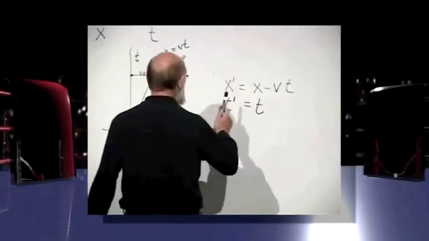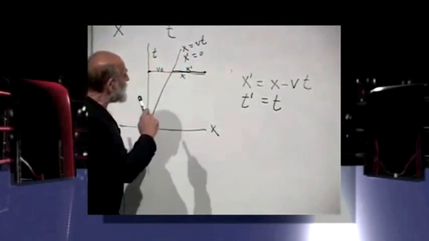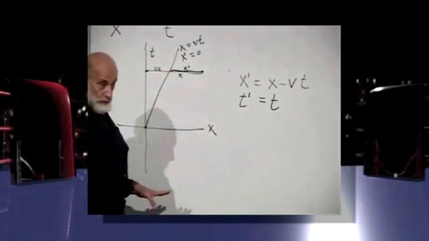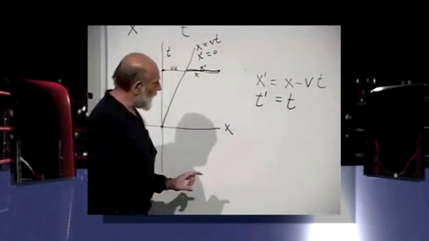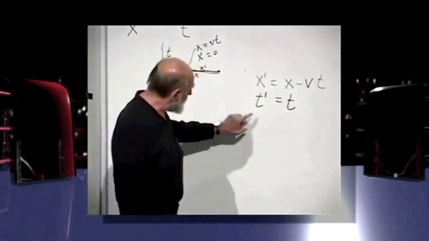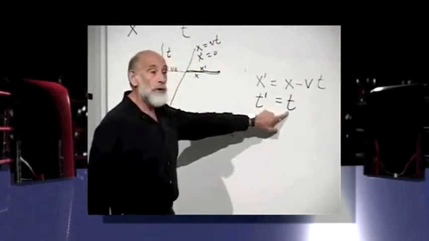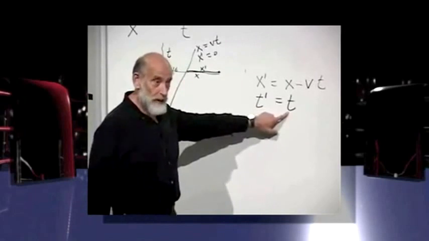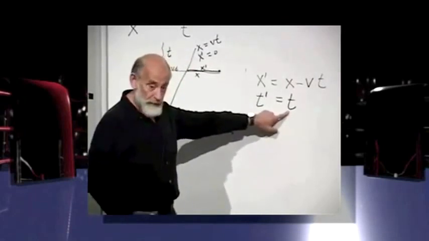This is a formula which was based on an assumption, the assumption being that time is universal. That's what Einstein found was wrong. When you're in a moving frame of reference, two different observers will not agree about what time a particular event